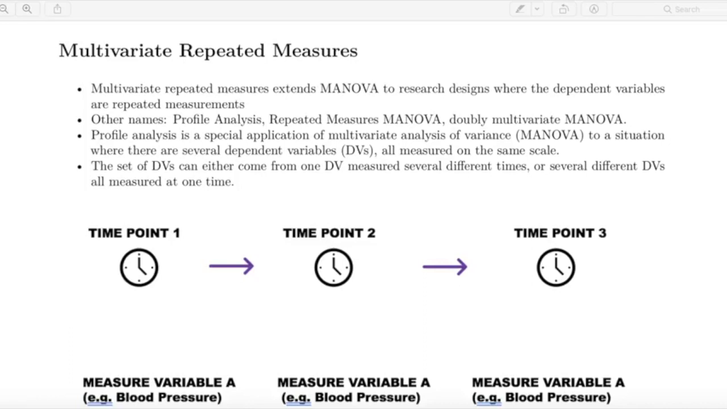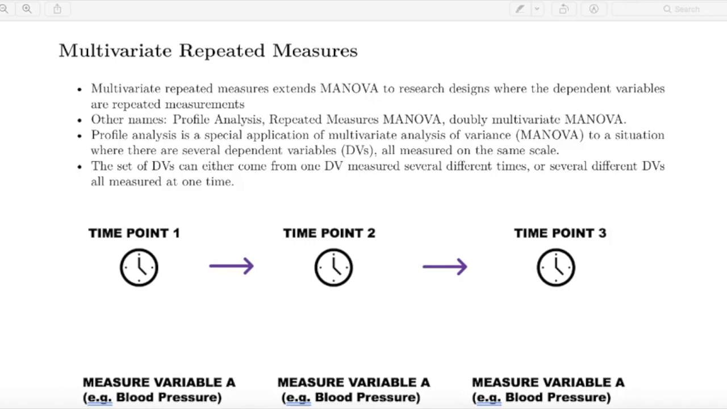So what we're going to do is extend our basic repeated measures ANOVA into a multivariate repeated measure. So we have the measurements over time, and then we're going to have multiple dependent variables. There are many names for repeated measures MANOVA. Some people also call it doubly multivariate MANOVA, or profile analysis, and we're going to cover profile analysis, but there's